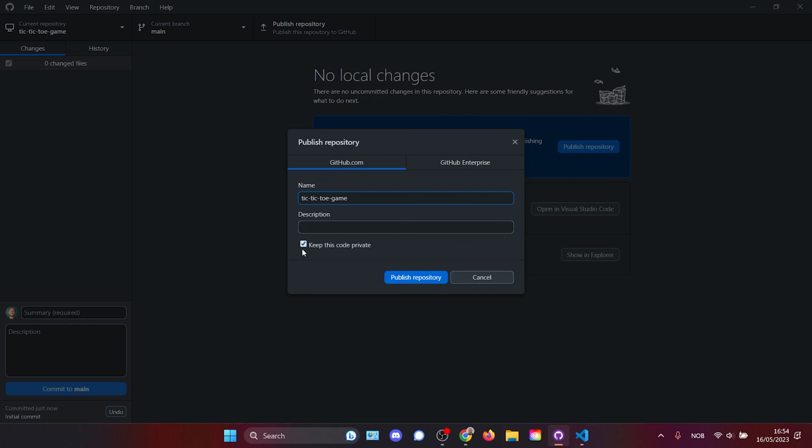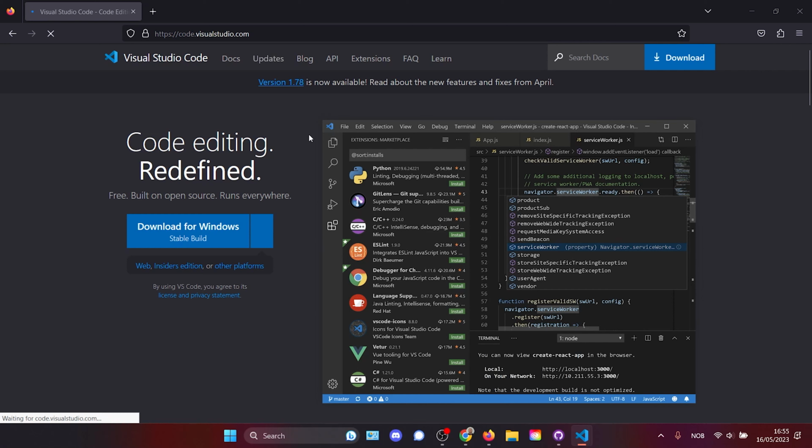We're gonna keep this code private or public as we want. I'm gonna put this one public so you can also access this code in the description of this video. If you don't have Visual Studio Code, I would suggest downloading it. That's what we're going to be using to write our code. You can download it on